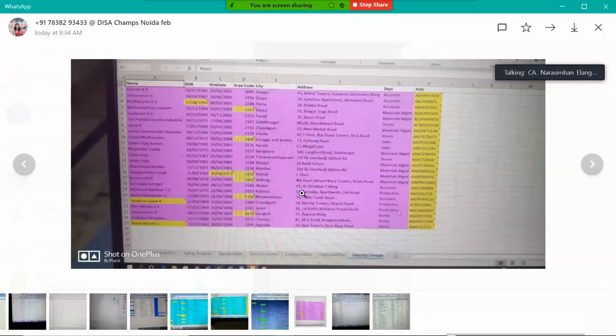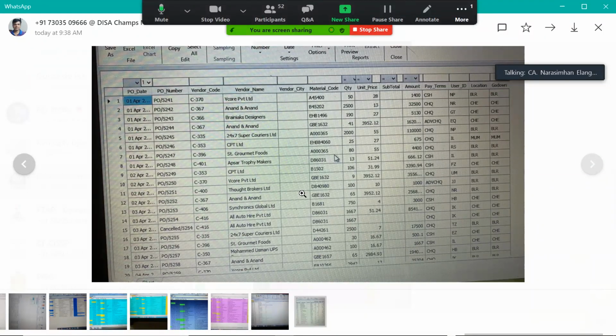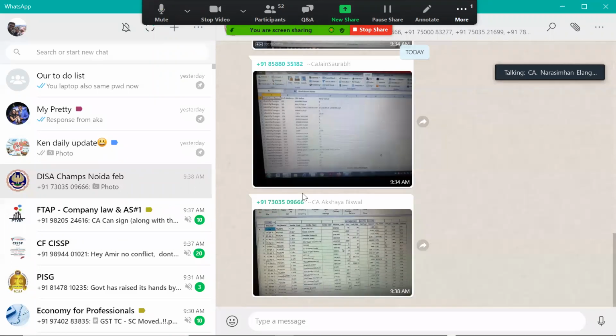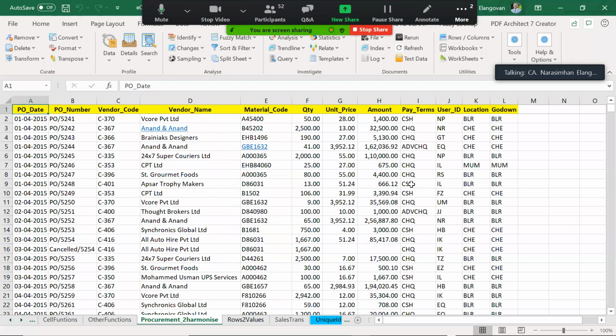Okay, I'm still seeing some colorful reports coming. Very good. Identify changes. Very good. What is this report? Okay, this is basically location wise. Wonderful. Fantastic, friends. You're going at a very good pace. I'm happy. I'm hopeful that you are picking up from this. What are the important clues?